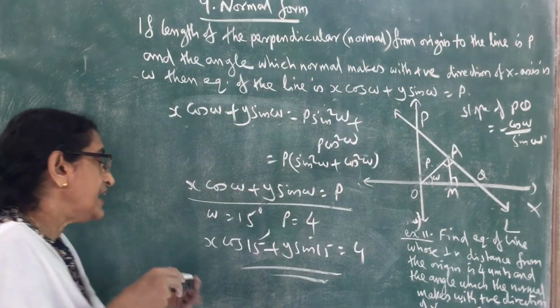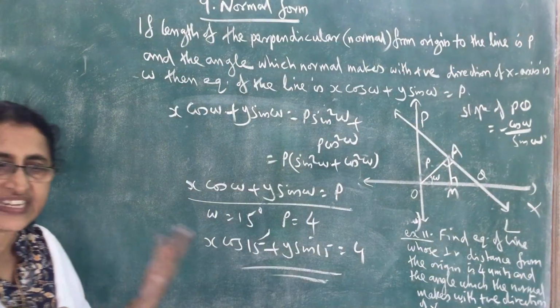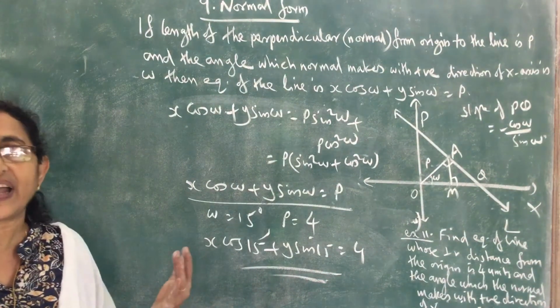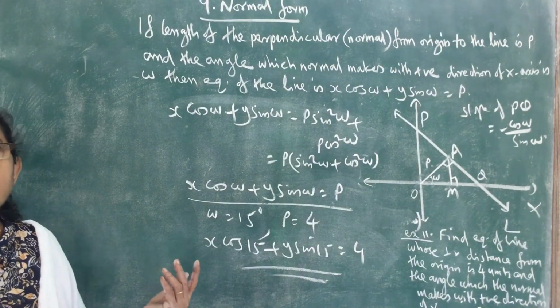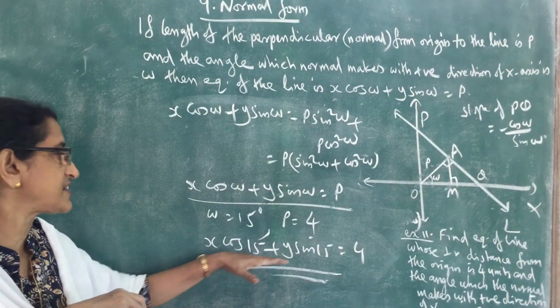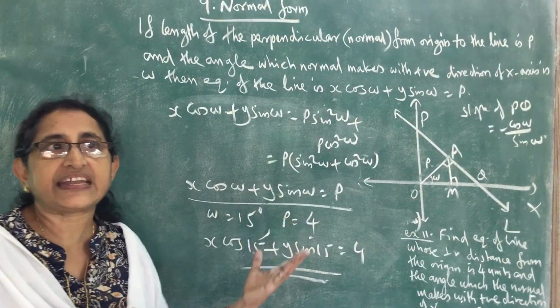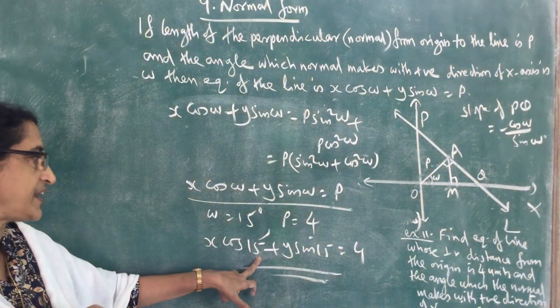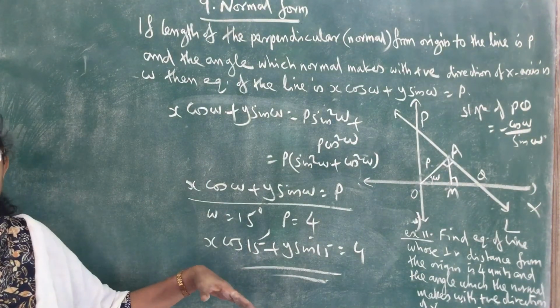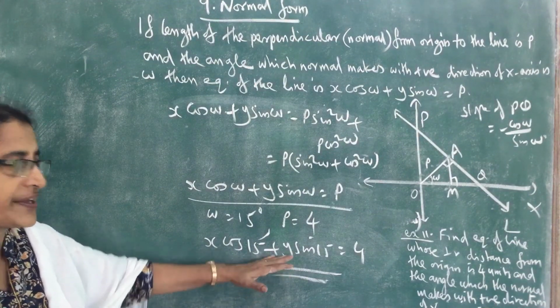That is the equation. Now cos 15 we can find. 15 degree we can write as 45 minus 30. Then trigonometry we have studied, third lesson, how to find cos 15, sin 15. Write 15 as 45 minus 30, then apply the formula cos A minus B and simplify and find if you want. Otherwise, like this we can write.